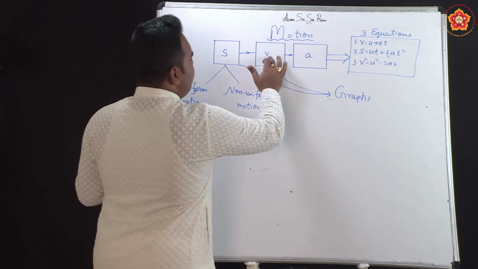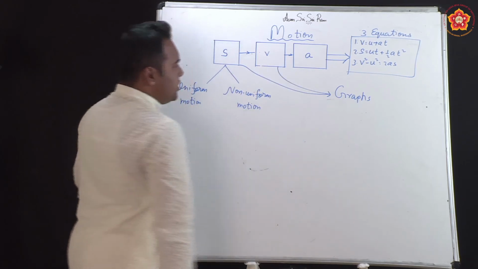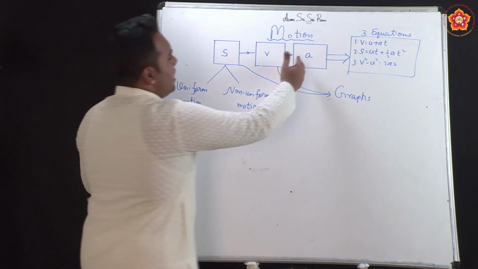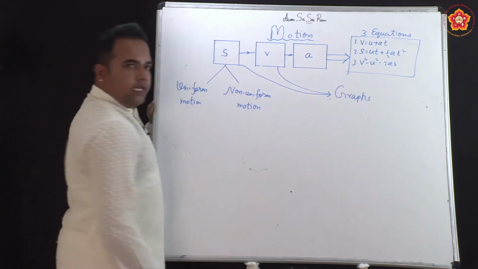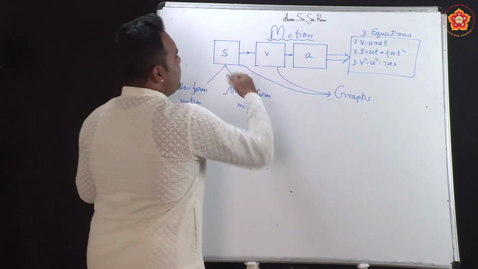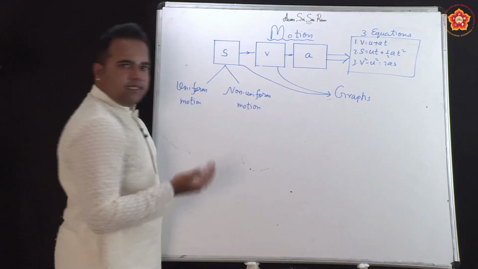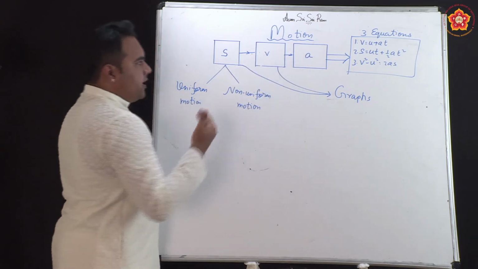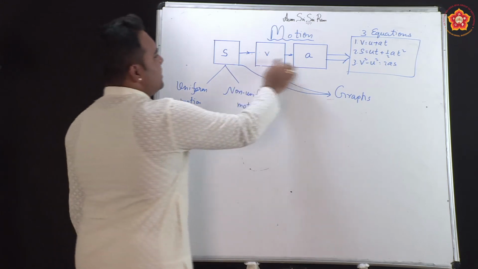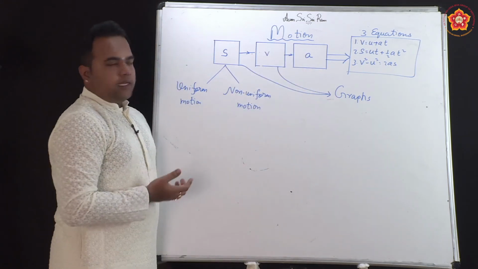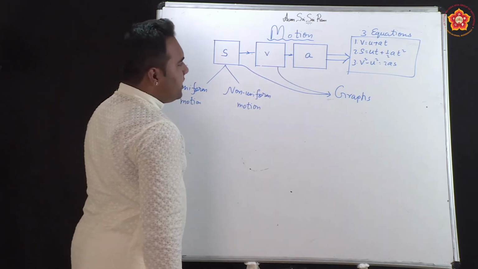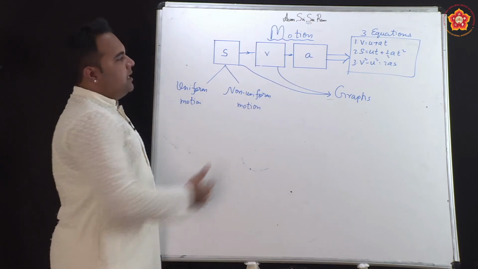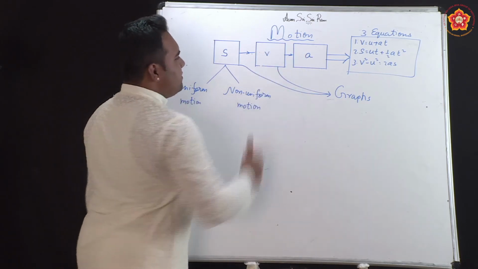And then further, when we take the rate of change of velocity, we get this term called acceleration. Means what? How the velocity is changing with respect to time. Is it increasing or decreasing? If the velocity increases with respect to time, we say that the body is accelerating. The sign will be positive. If the object is having a reduced velocity as the time progresses, the acceleration will take a negative value. We say that in this case it is decelerating motion. So, accelerating motion means the velocity is increasing with respect to time. Deceleration means velocity is reducing with respect to time.